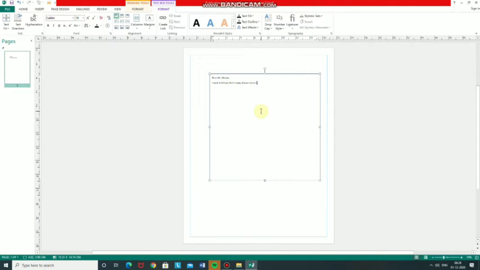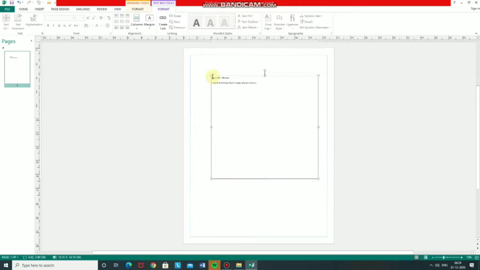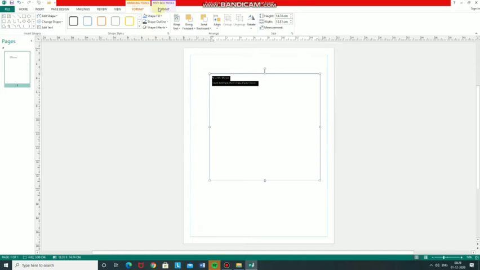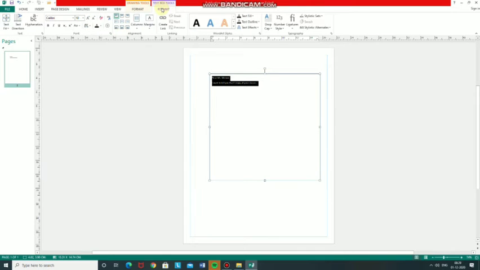So, first, select the text you want to format. Select this text like this. Then, click on Text Box Tools in the Format menu.